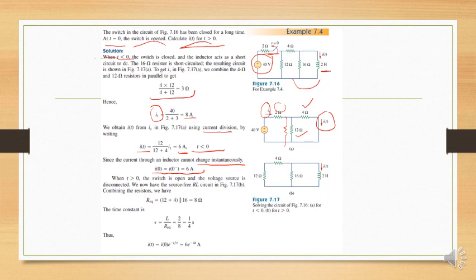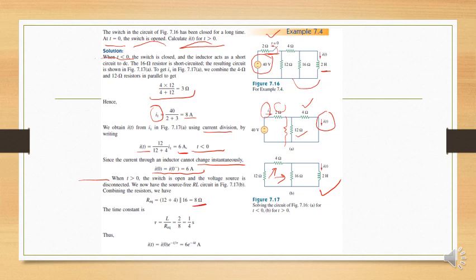Now our next target is to find the current at t greater than 0. At t greater than 0, this switch is open and what we get is this type of circuit. In this circuit, first of all find the equivalent resistance. Equivalent resistance is this 12 plus this 4 in parallel with this 6 ohm. The process to find the equivalent resistance is the same as we do for Thevenin resistance, as in your previous course also. So this is our equivalent resistance, 8 ohms.